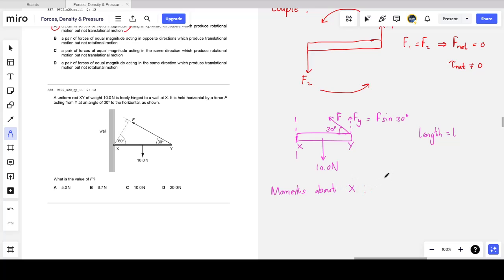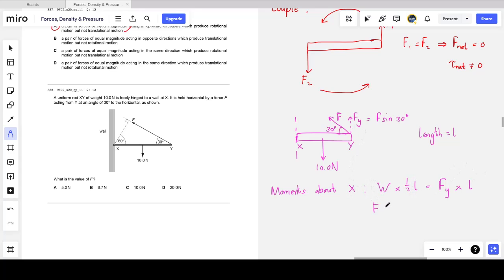So I'm going to take moments about X, and I'm going to take clockwise moments and anti-clockwise. So my clockwise moment is going to be the weight acting downward, and the weight acts at a distance of half of the total length of the rod because it's acting through the central point. And the anti-clockwise moment is going to be the Y component of F, since we are looking at the perpendicular component of the force compared to the rod, which is Fy, and it acts at a distance of L, at the opposite end of the rod. So now you can see the L cancels, and I don't really need the length to find the